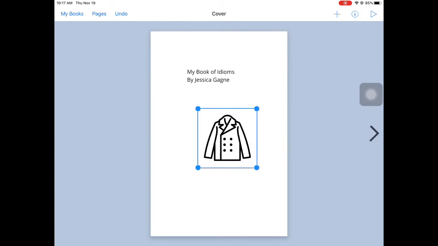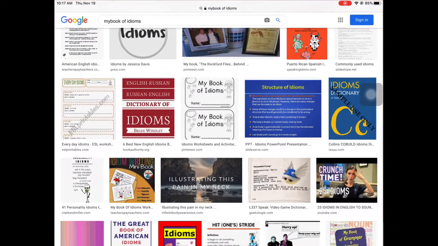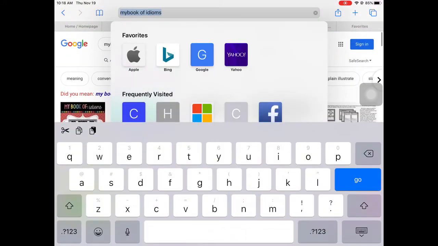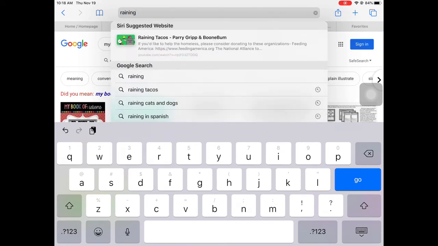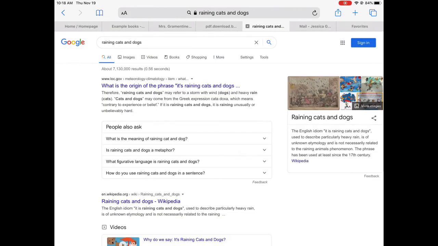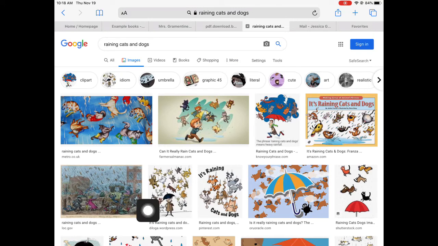Another option is you can find something that is on the web. For example, raining cats and dogs. I could find images. Some of these images are not available for use. Some of these are copyrighted, and the author or illustrator of these images has not given us permission to use them in our book. So to help you find out which ones you have the rights to, you can go to